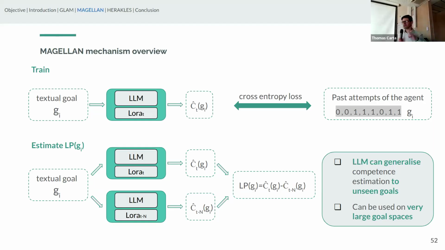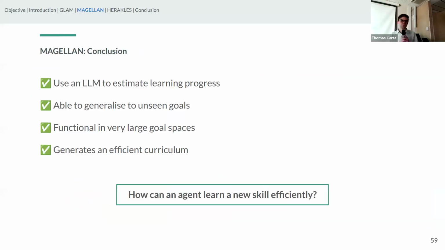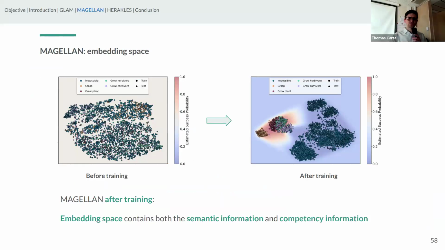So in Magellan, indeed, we do it in a very simple way, as is usually done for this competence estimation, and we just take the difference between the two. Right now, I don't have a very strong idea about how we can push it to a higher order, but I think we should, for instance, reuse more the embedding space we get along the way. For instance, when we want to reach a goal inside the embedding space,